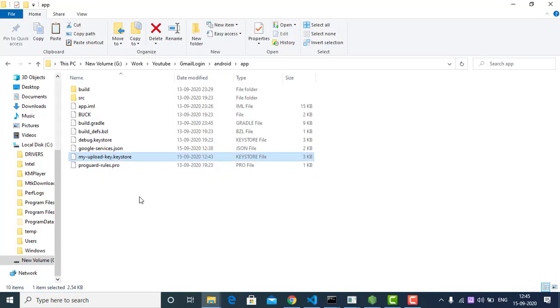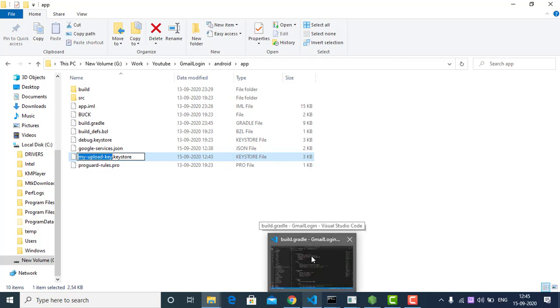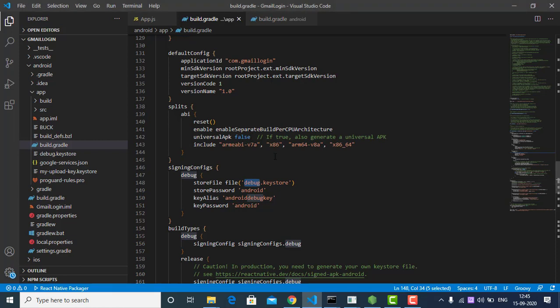Let me check what the name is. I'm going to copy this name. It's my keystore, and the password is Google login. We have to change our password over here, and we search for the key alias.